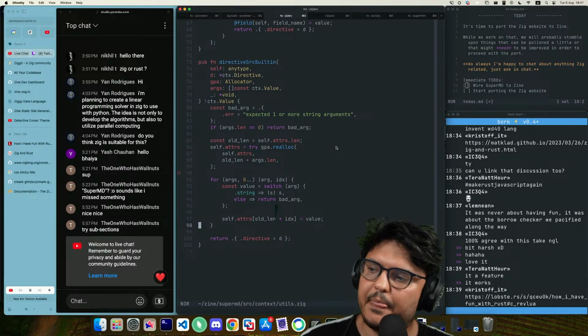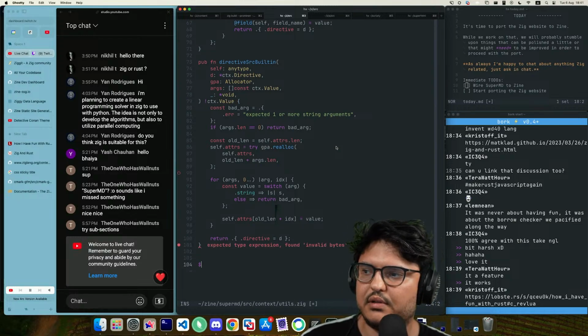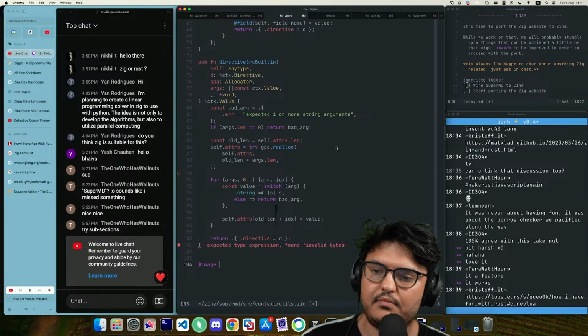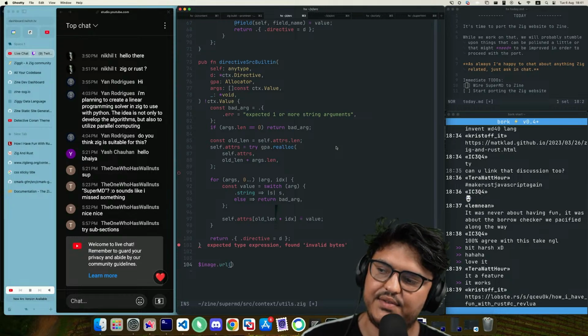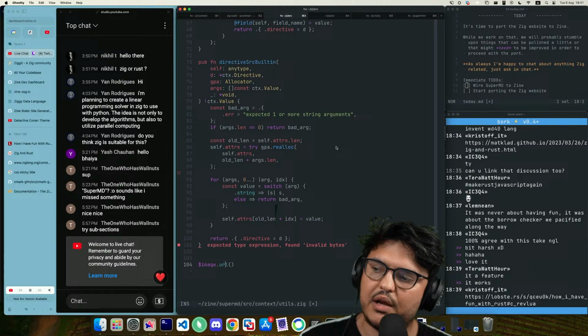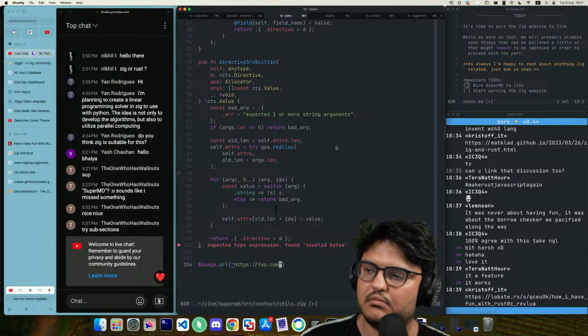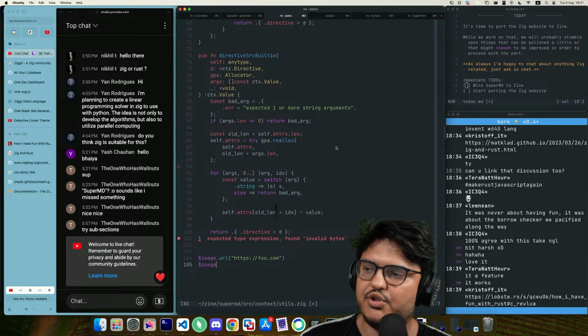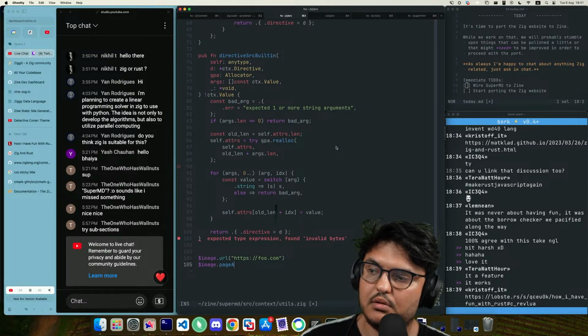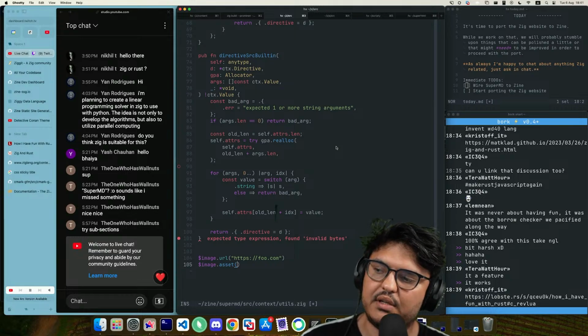How do we want to type this? $image.url. Yeah, I think we want .url. And then we want $image.asset, image.asset.